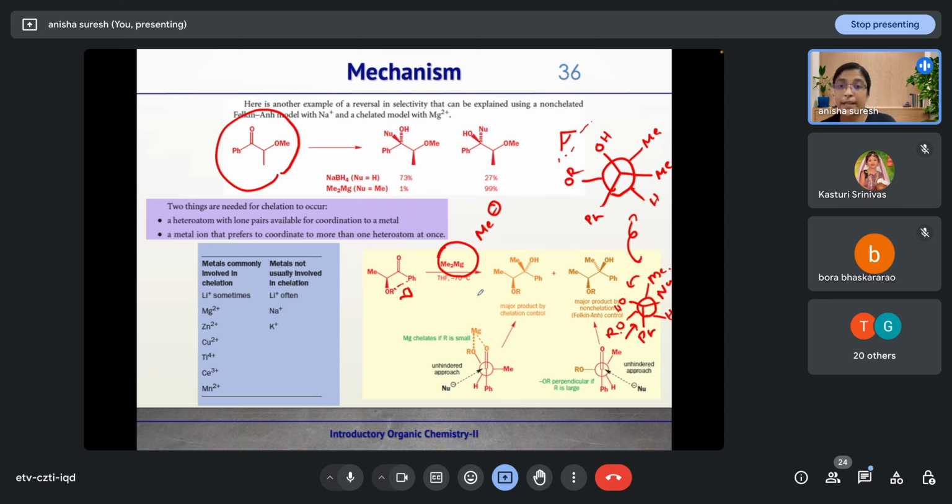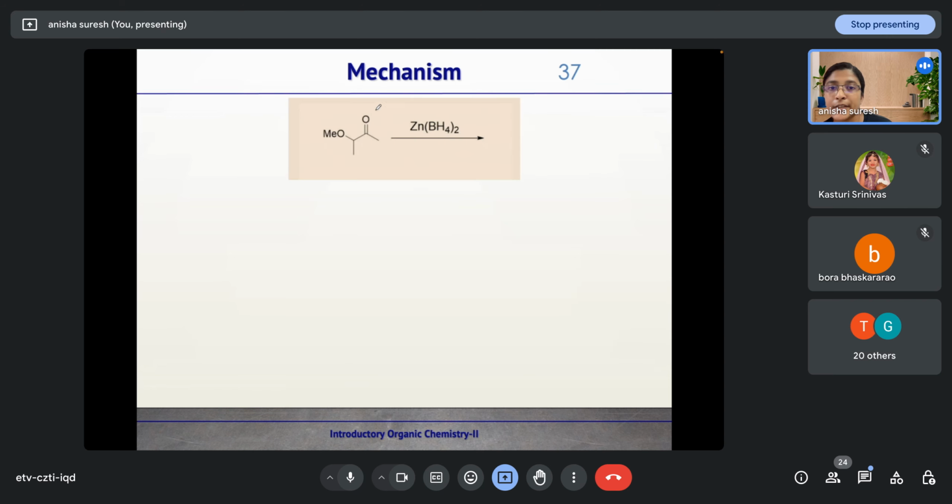Okay. So in our case, this is our question. We have this starting material and we are adding ZnBH4 twice. So this is a chelating metal and hydride addition is taking place. So what will be the major product that is forming? So we have a carbonyl, OMe, and we consider this methyl like